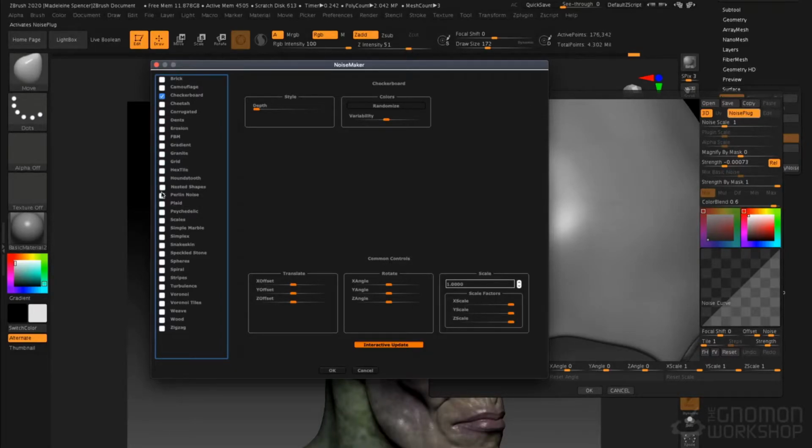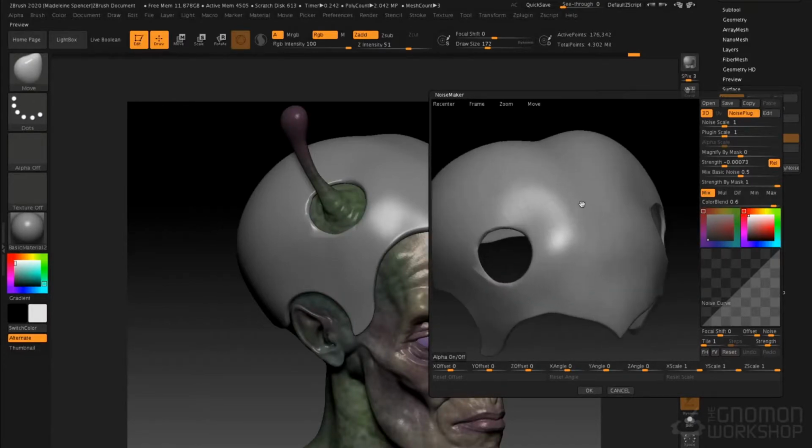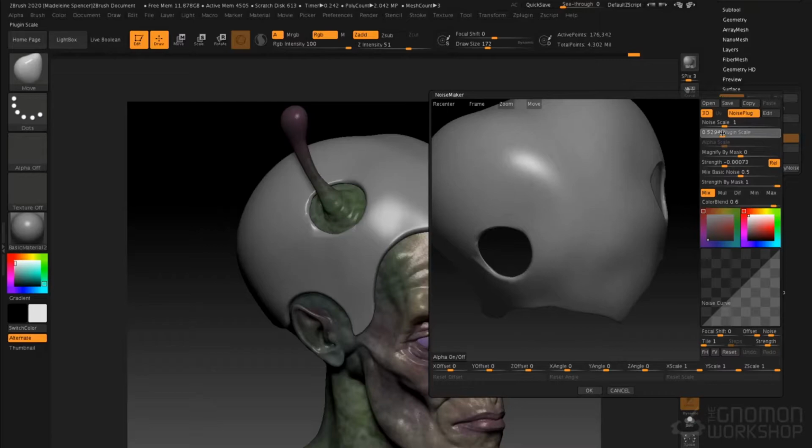So there's a few different procedural options here. We can use hex tiles, nested shapes, psychedelic, scales. There's all sorts of different procedural shapes that we can use as surface noise. Let's go ahead and pick up hex tiles. Click OK. And this adds this hex tile texture here. I'll turn the plugin scale down and turn the strength up so we can actually see it, and turn down